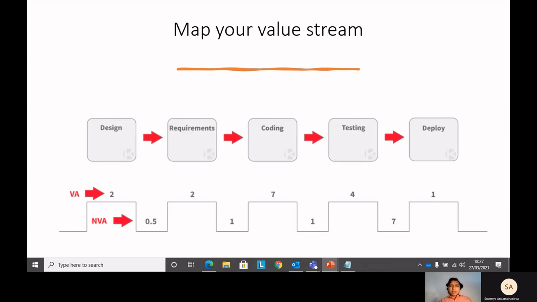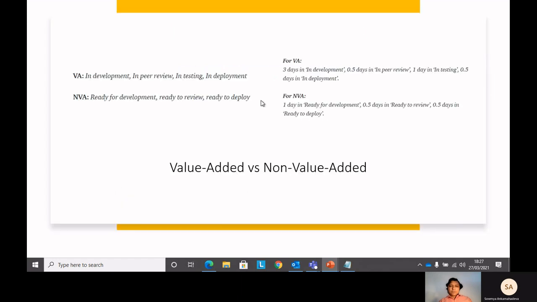But then again, you can see the requirement. It takes 2 hours or 2 days, for example. And after that, again, there is 1 hour or 1 day of non-value add, right? So maybe after requirement, they have sent it to the development team, or to a backlog, but they will only start their sprint maybe after 1 day or 1 week. So all these things which you see here at the bottom are non-value add, and these are the value added items.